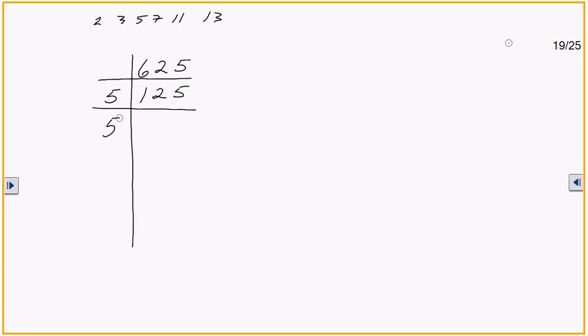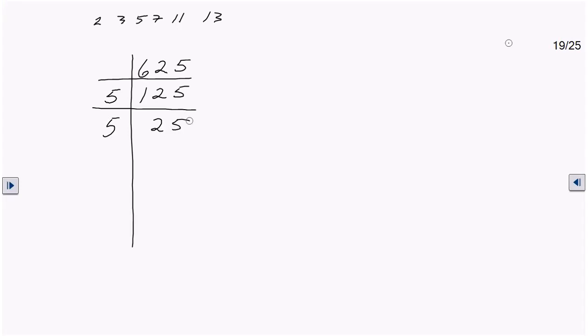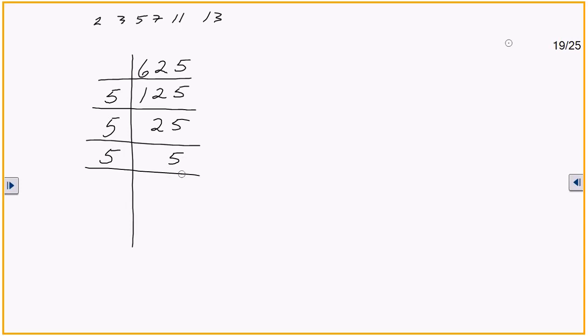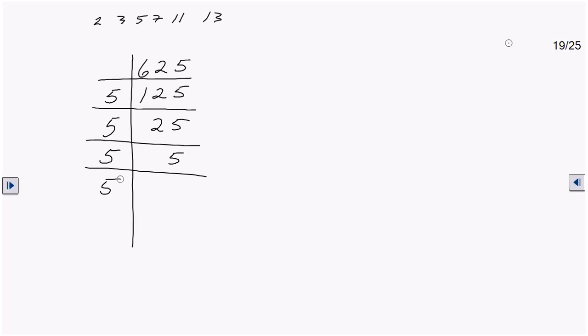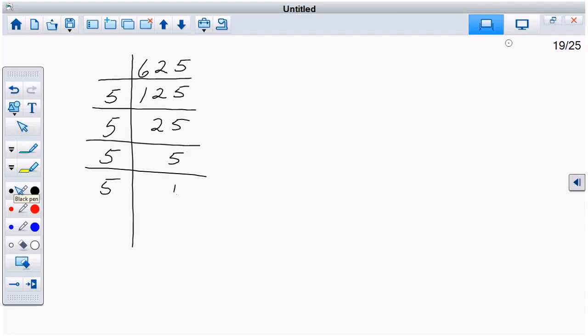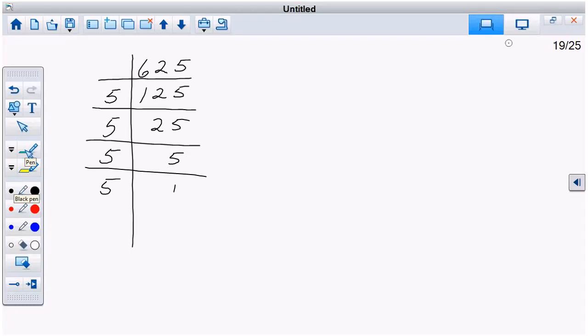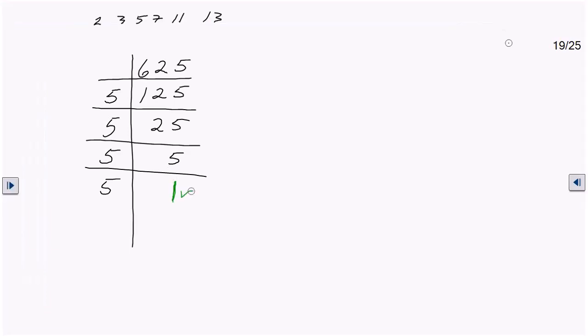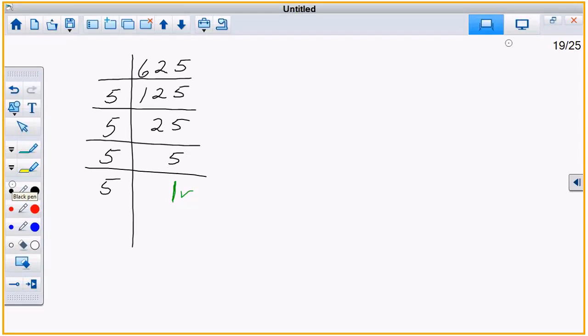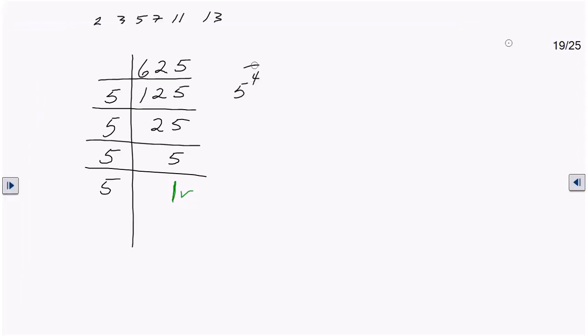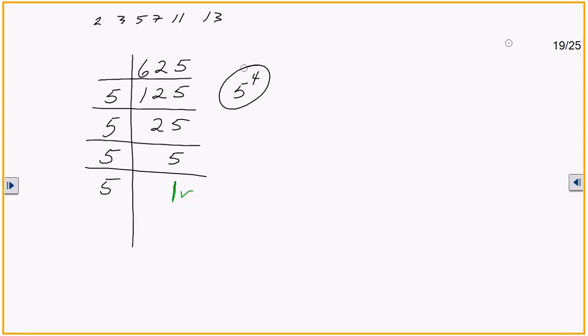5 will go into 12 2 times. That'll leave 25. And 5 will go into 25 5 times, right? And 5 will go into 5 1 time. There's our, I'm trying to get my green, there we go. So 5 to the 4th power. So that's your prime factorization of,